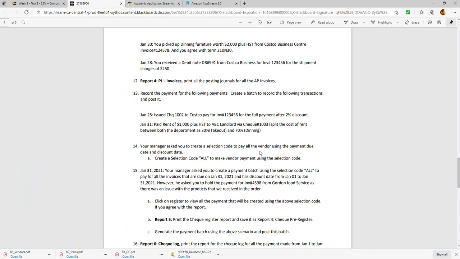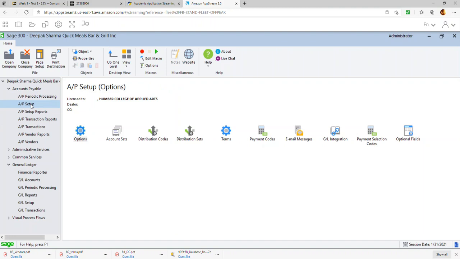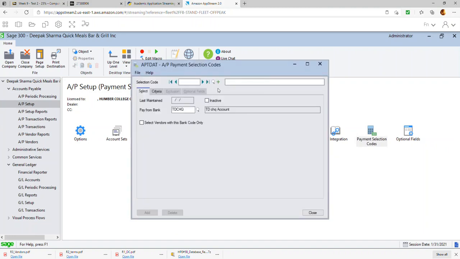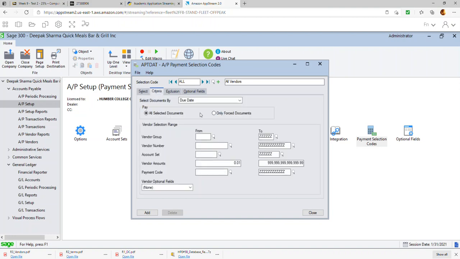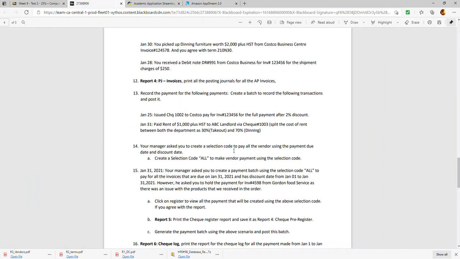Your manager asked to create a selection code for all the vendors with the payment due date and the discount date. So now you're not recording anything, you're creating a selection code. To create the selection code, you go into AP setup, payment selection codes. So here we're going to create a code for all, I'm going to say all vendors. And from TD checking account, and based on due date or discount date for all the vendors. You click add. Okay. You create a selection code, and the next step it's asking you to do is